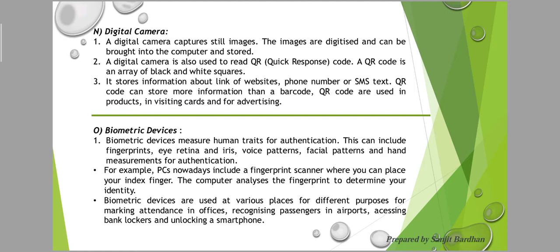Next is biometric device. Biometric device is very important. Biometric devices measure human traits for authentication. This can include fingerprints, eye retina and iris, voice pattern, facial pattern and hand measurement for authentication. Nowadays everyone has an inbuilt fingerprint scanner on their mobile device. Okay, this is also a biometric device. For example,